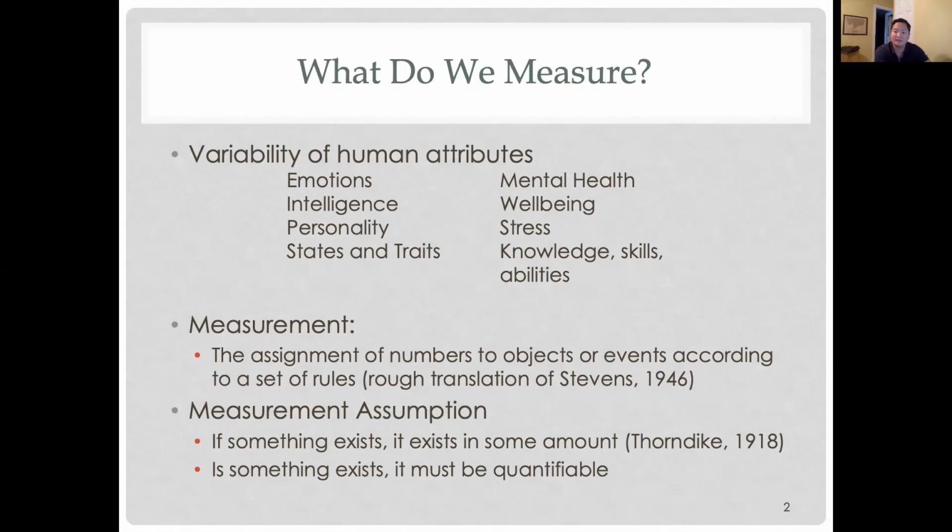And we rely on a fundamental assumption. Really, psychology relies on a fundamental assumption that if something exists, it must exist in some amount. And if it exists, it must be quantifiable. So sometimes we do a bad job, sometimes we do a really good job at quantifying something, but when we go from that theoretical to that operational construct, the operational definition that we talked about before, we're saying, here's how we're measuring it. Something is there, theoretically, and we operationally define our measurement somehow.